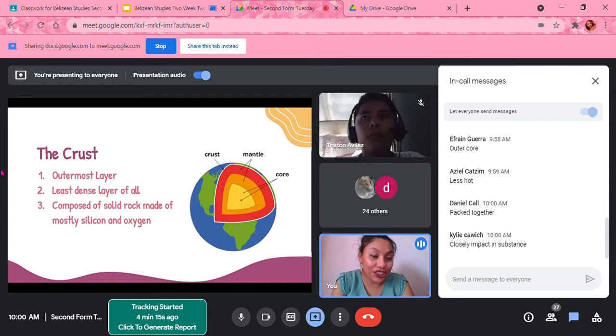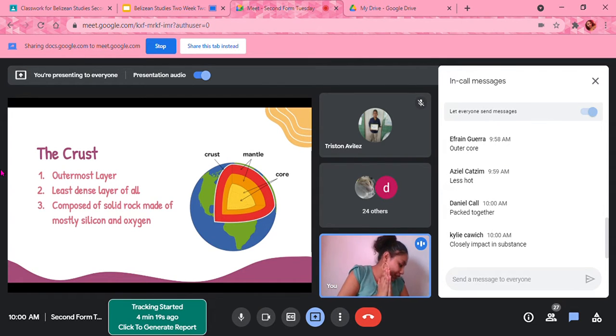okay, very good. Close, like when I pack up something. So if I'm going to go on a vacation and I only have one suitcase, I'm going to put as much things as I can in that suitcase. And the more things that I cram in there, the more dense I make my suitcase. So the same thing applies with the earth. The crust is the least dense layer, meaning